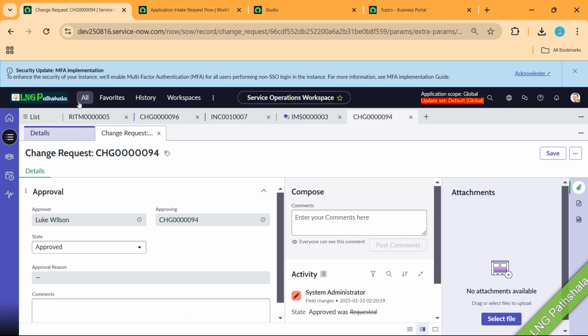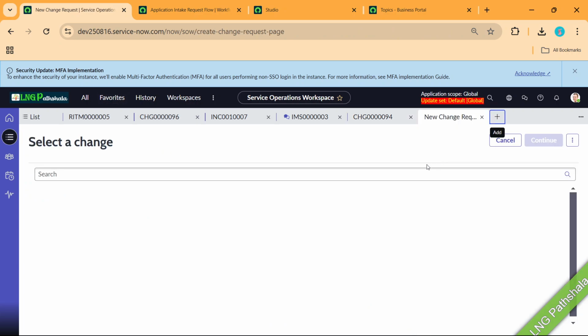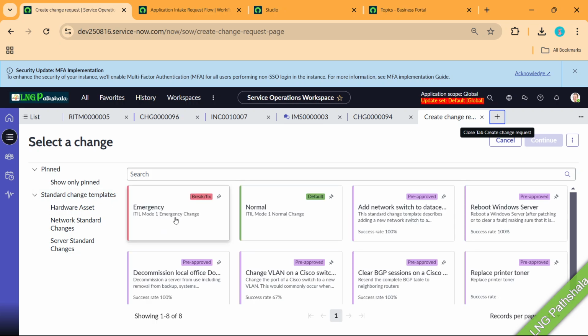Earlier when you raise a change, let me create a change here. Let's see if it is working here. If I'm lucky there. Okay, show only pin standard changes. No, I want to go only this one. Let me say default,